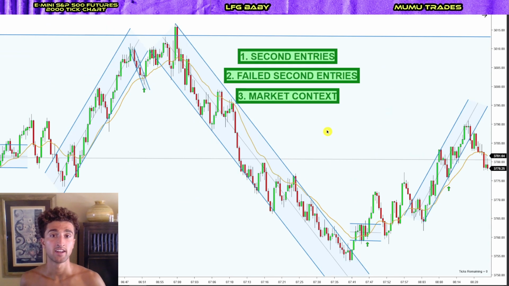Now, once again, keep in mind, only taking these second entry shorts, second entry longs, failed second entry shorts, failed second entry longs, given the right market context, given the great signal bars, off the trend lines, key entry points, and on the correct side of the EMA, depending on what the market is telling you, what the price